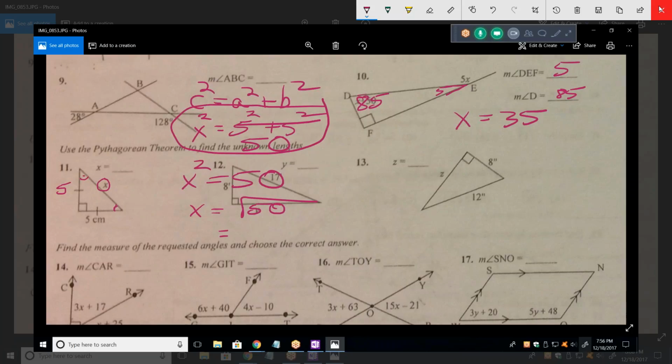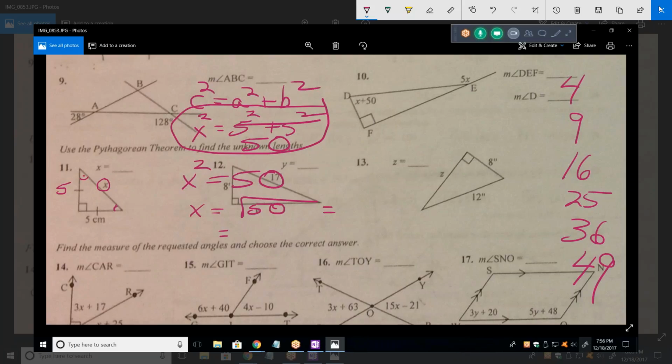Okay, you got to factor 50. Tell me what factors of 50 are, and pick one of them that's a perfect square number. First of all, let's talk about perfect square numbers. Over here on the right, tell me perfect square numbers starting at 4. Next one being 9. In other words, that's 2 squared, 3 squared, keep going. Keep going. One more. Those are the most important ones to know, because almost all simplifying of radicals, you're looking for one of these